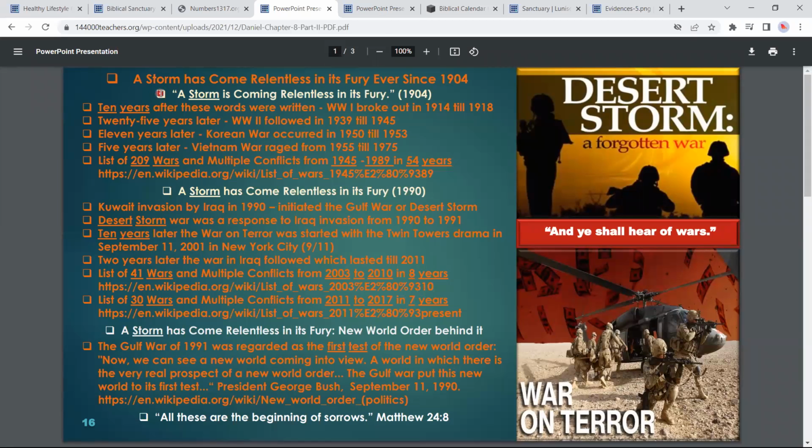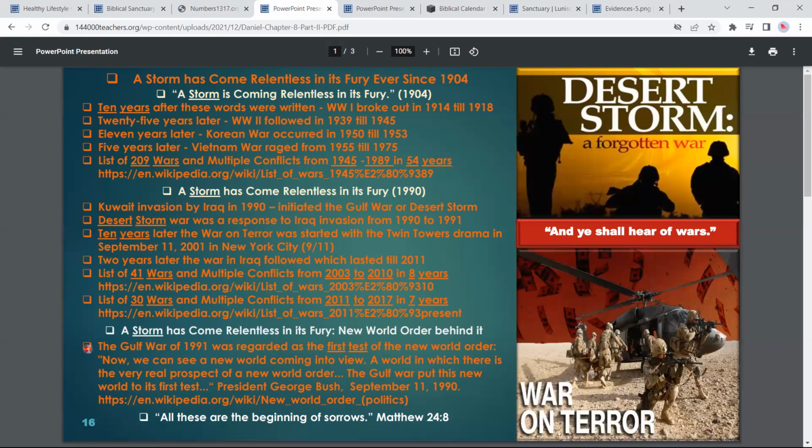This was actually declared in 1904, and it followed right after that, 10 years later, with the First World War. And we spare you the reading right now, as we will be looking into it further in the video that we present for that particular study. But we know too that the storm has come, relentless in its fury, with a new world order behind it. And it was in 1990 when President Bush, the president of the United States at the time, declared, according to